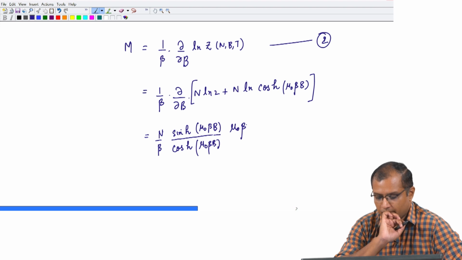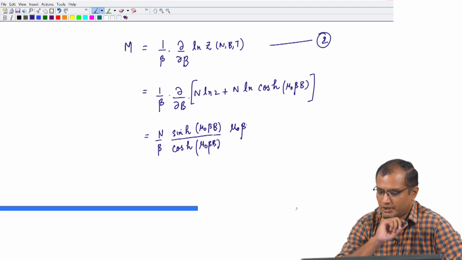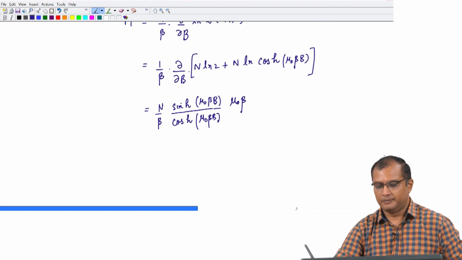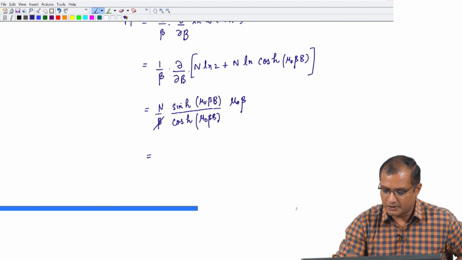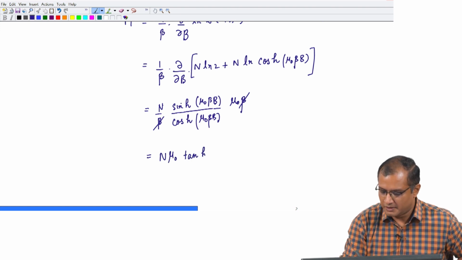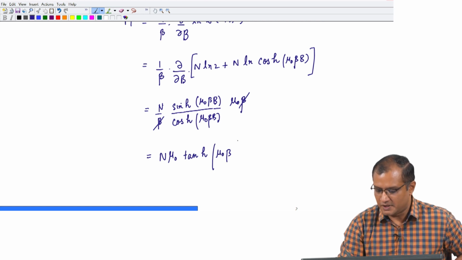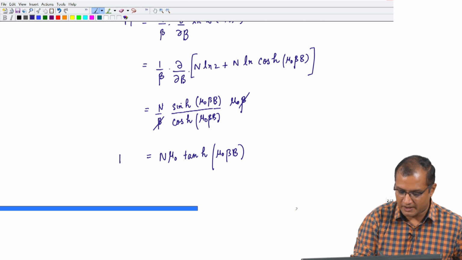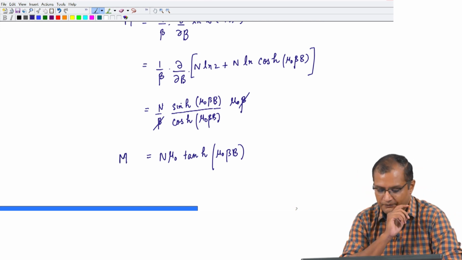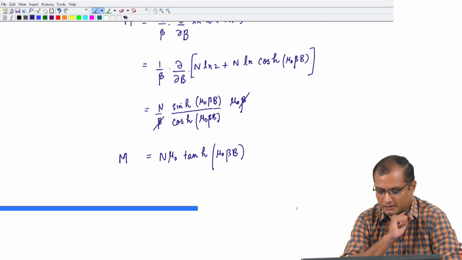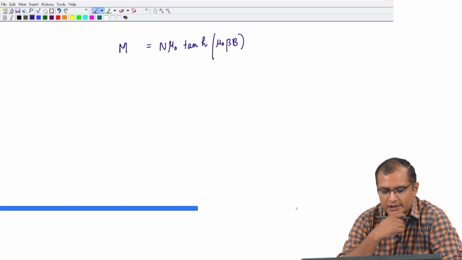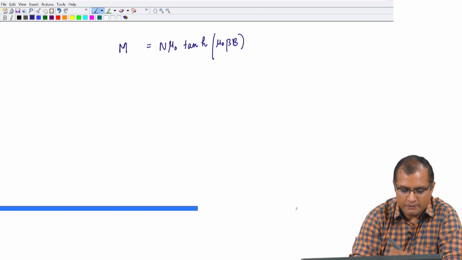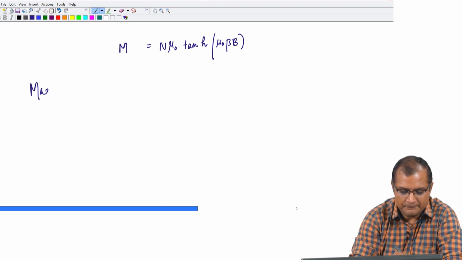Now, you can knock off a few terms and write this as n times mu 0 into tangent hyperbolic of mu 0 beta B. So, this is my magnetization for these n spins in the magnetic field B. Now, with the magnetization in the thermodynamic limit, we are in a position to compute the magnetic susceptibility,